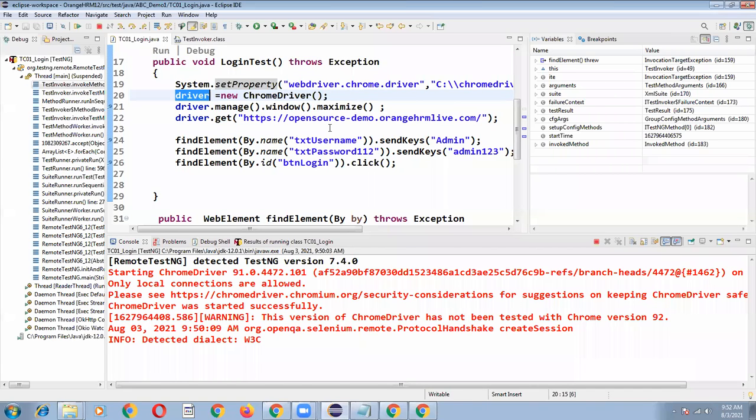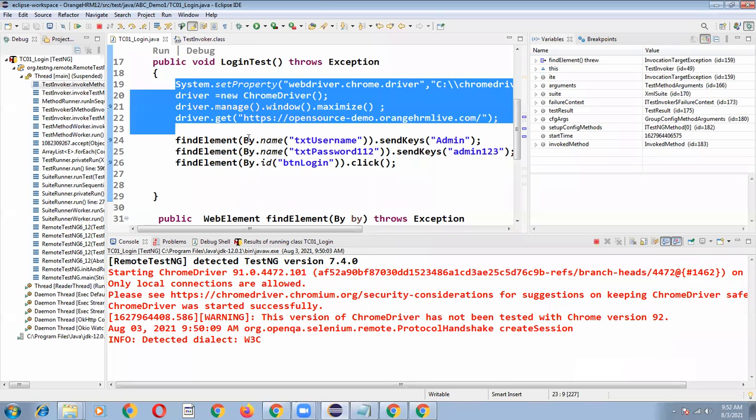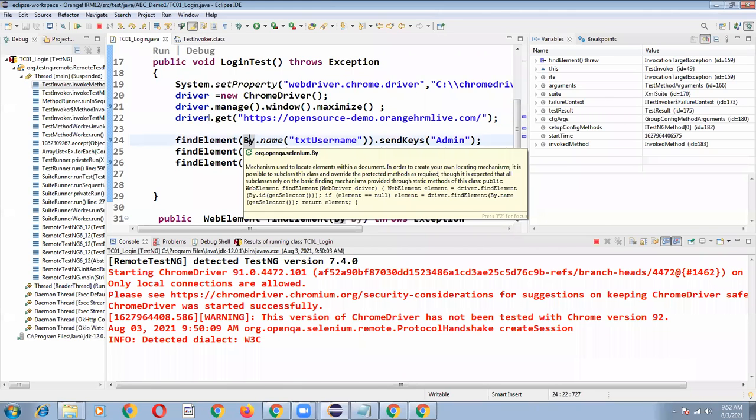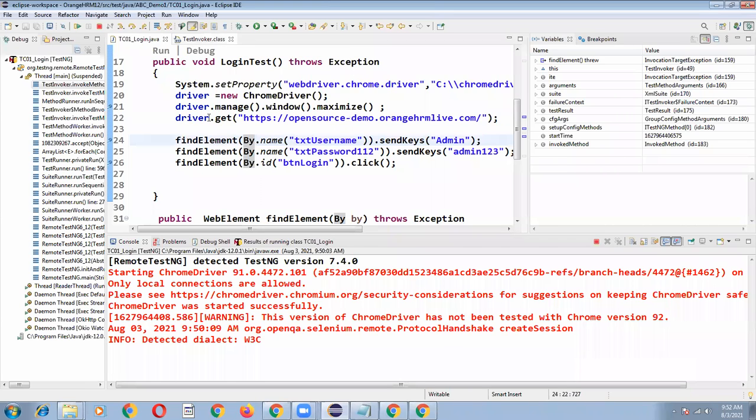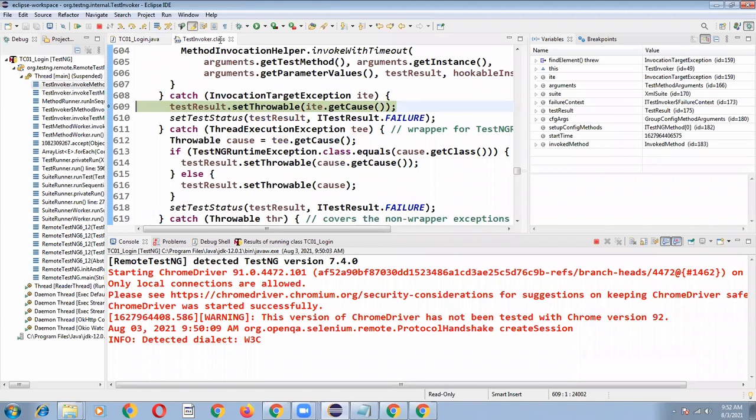So can we understand any program? We can understand. You just need to execute line by line and see where the control is going. If it goes to dot class files, it means something went wrong immediately after that line. Understood? So we can understand easily.